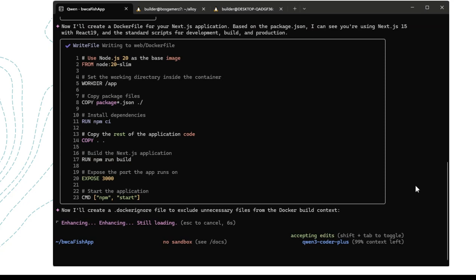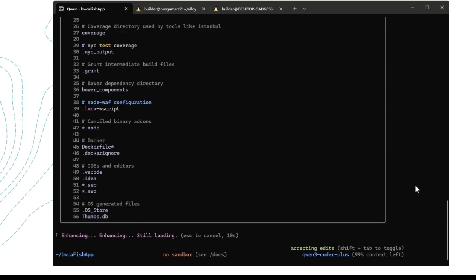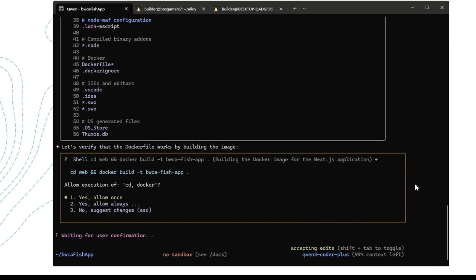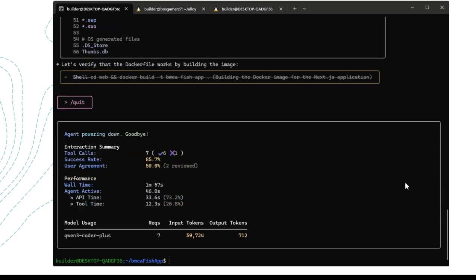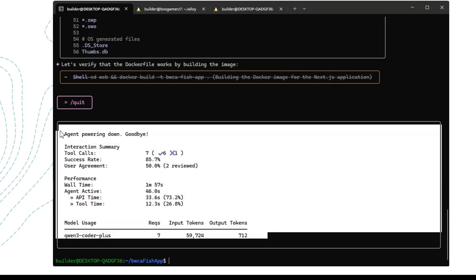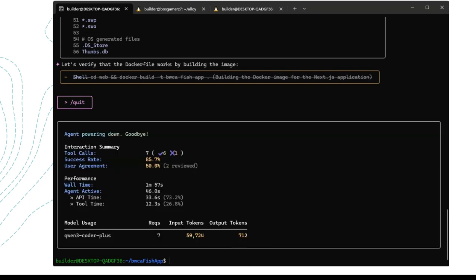And it created the Docker ignore, which I thought was a nice thing. I didn't ask it to do that, but that makes my check-ins a lot easier. And it updated my git ignore file. I don't let it do the Docker build, though. I want to iterate on that. But if you let it, it can try and capture errors. And here you can see I used about 59,000 tokens out of my free million. So, again, awfully nice